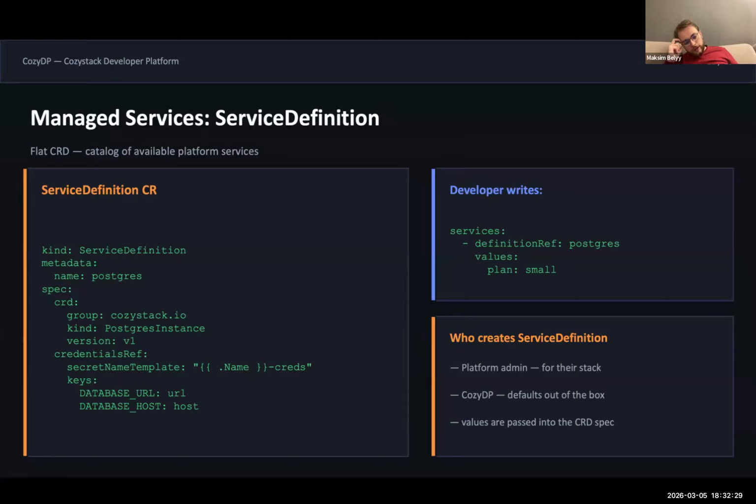It just has some values in a developer's custom resource, and it is actually mapped to a Postgres instance, for example. And after that, it fetches the secret and pushes it to the application.